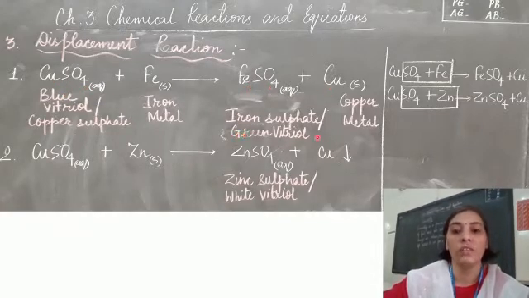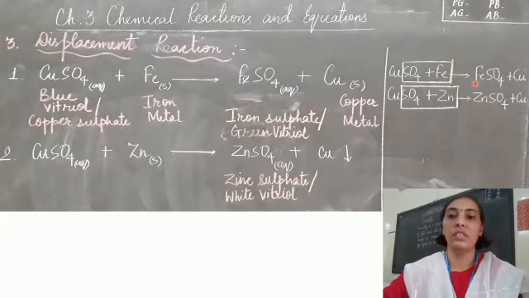It is also called green vitriol, and this is copper metal. Here I have just simplified the equation for you. That is, how can we find out the products? So this is one box that I have made here, but because we have the positive ion first, we will write Fe first and then sulfate, so FeSO4 you will get. Both have valency 2 plus and 2 minus, and so both get cancelled and you have FeSO4. And what is remaining here is just copper, and you'll write down copper.